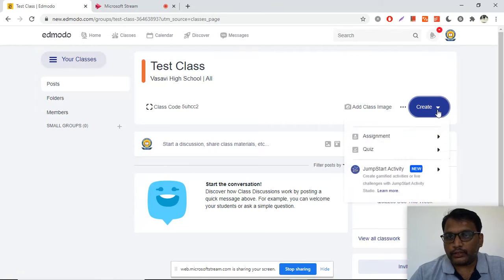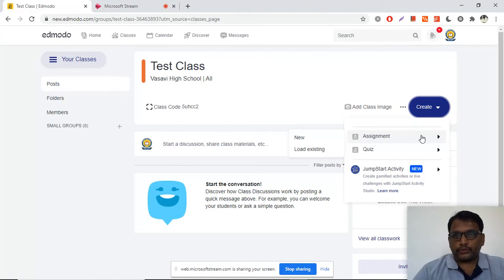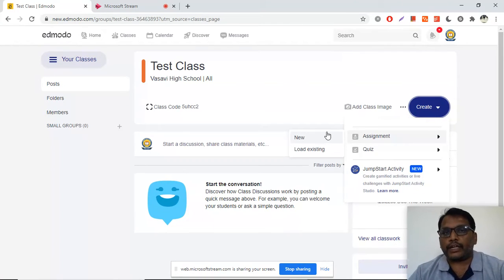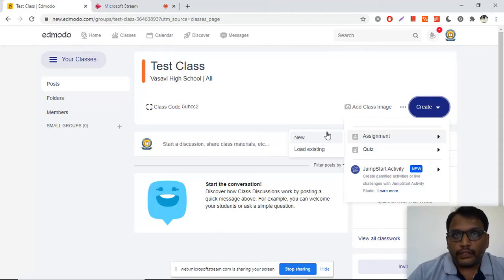So basically, assignments are to collect the work from children. If we create one assignment, children will be submitting their work to the particular assignment instead of posting directly in the feed of your class. So to avoid that and to have a track, it's easy for teachers to keep track if children are submitting to the created or scheduled assignment.